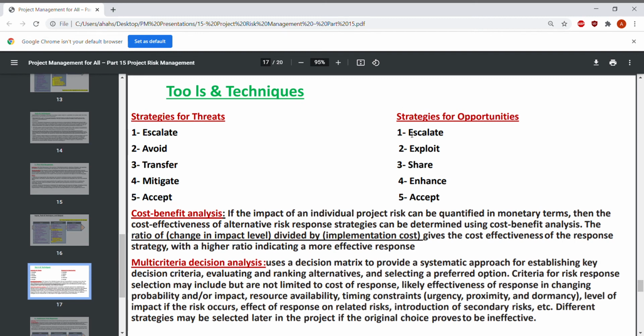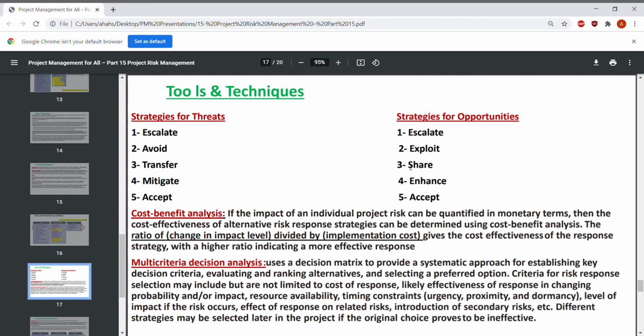The strategies for opportunities, which are the positive risk: we may escalate the risk or the opportunity to a higher authority if it is outside our authority, or if we can't deal with it and exploit the opportunity when it comes, and we may share it with another department or with another team in the organization, or share it with another organization if it is, say, too expensive,